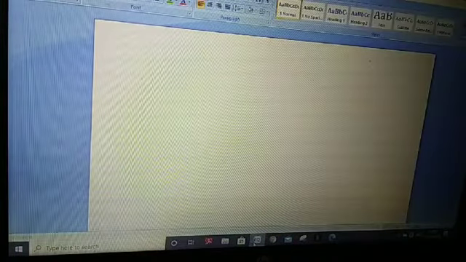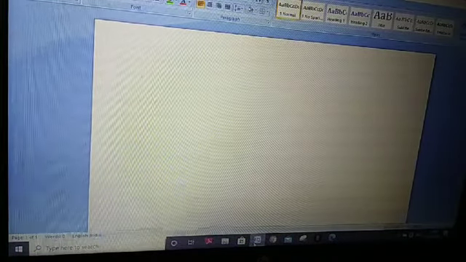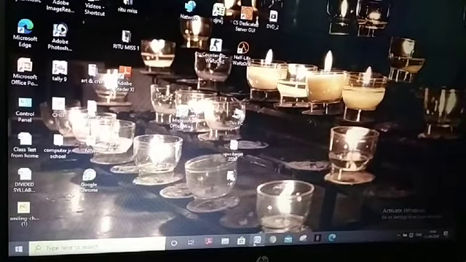So through the taskbar we can open programs and can close also. Understood? This is a browser, Google Chrome. All these I kept in the taskbar. Frequently used programs I can keep on the taskbar.